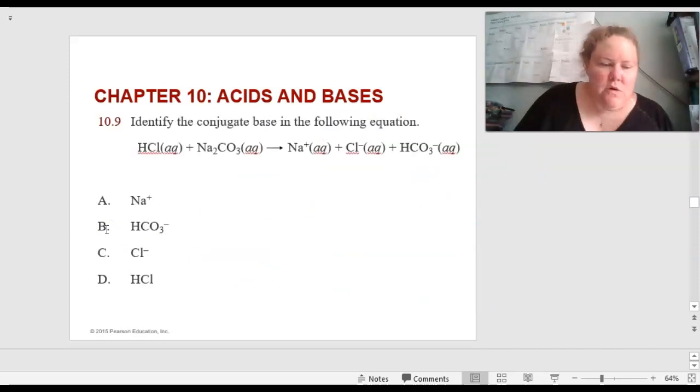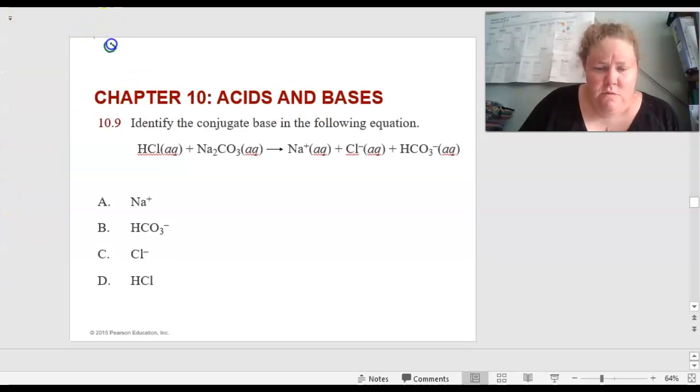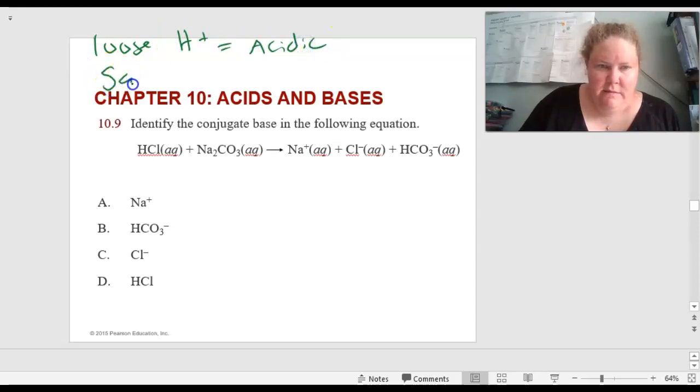All right, so for this one, we're looking for the conjugate base in the following equation. So again, a little bit of housekeeping. If we lose an H+, then that's going to be acidic. If we gain an H+, that's going to be basic. So with that, we know that